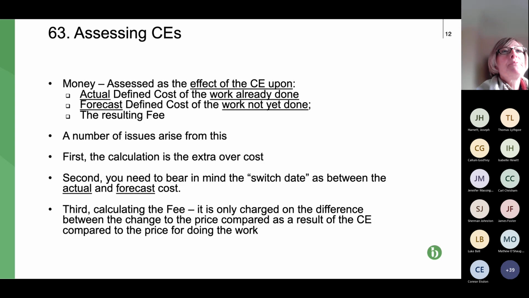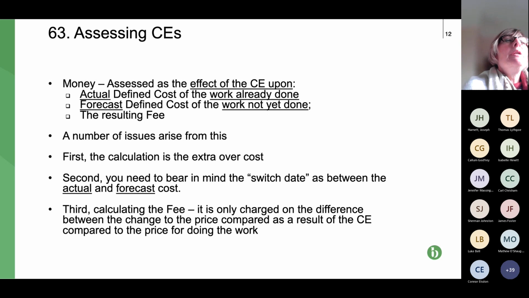We did a real live seminar today in the Northeast, and people were talking about parties putting 0% in for the fee percentage because they didn't understand what it was about. So if you put 0%, you're actually saying, I don't want any payment to cover for any profit or to cover my overheads. So, you know, not a great business decision, I don't think.